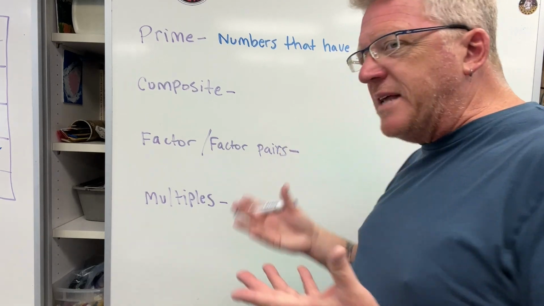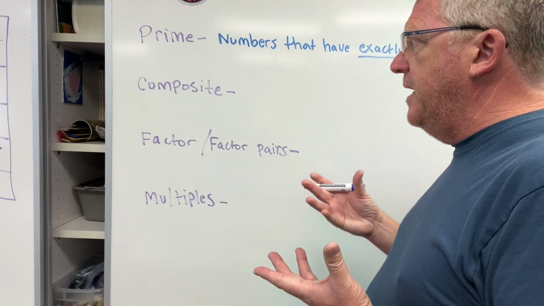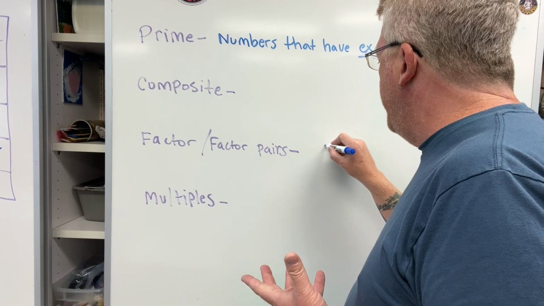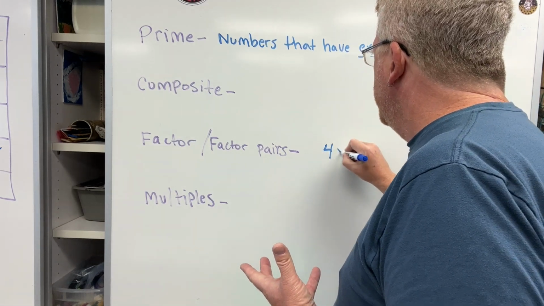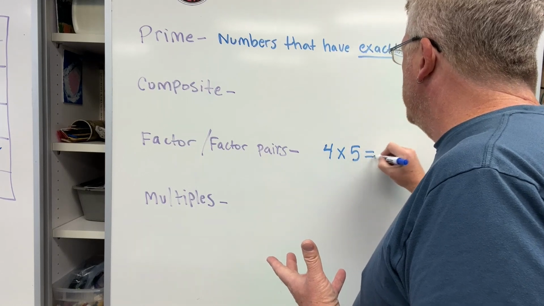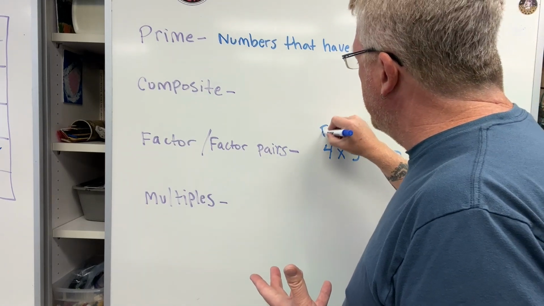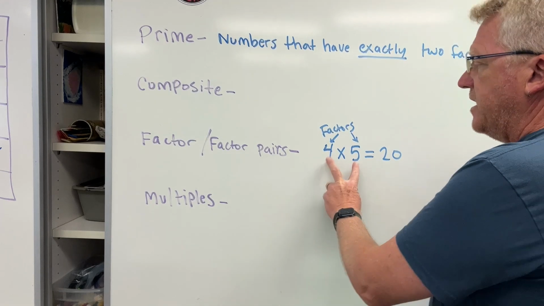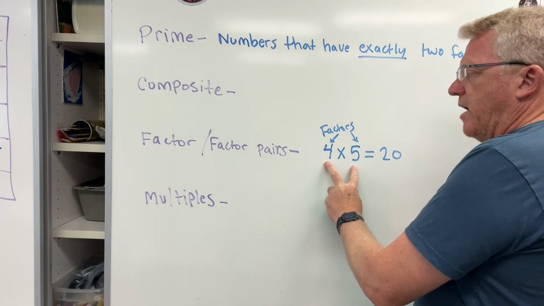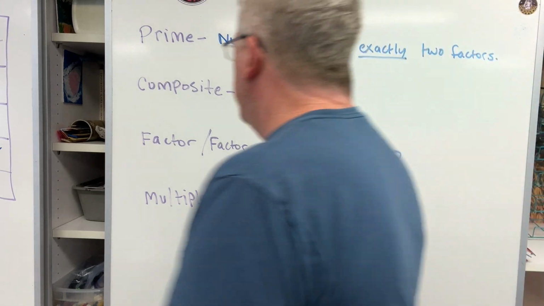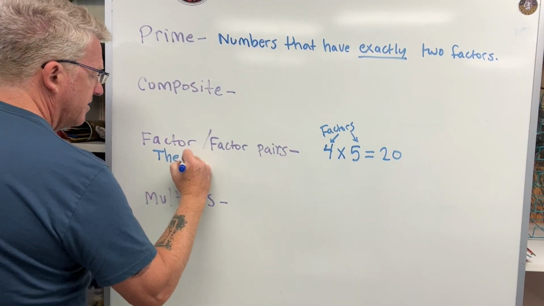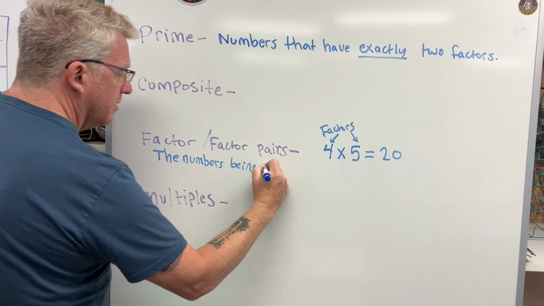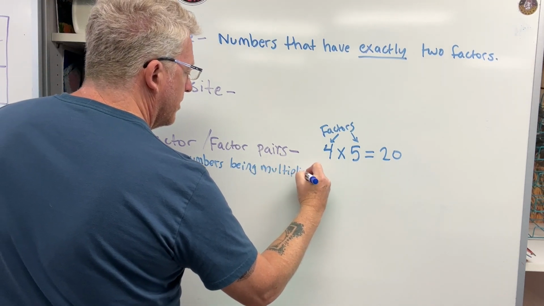So it's almost actually easier for me to use an example for that definition. So if I were to say 4 times 5 equals 20, these are the factors. 5 and 4 are the factors. They're the numbers that are getting multiplied to make a product, okay? So the definition for factors, the numbers being multiplied to make